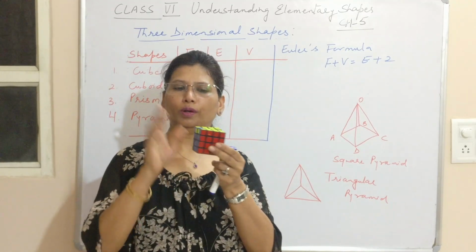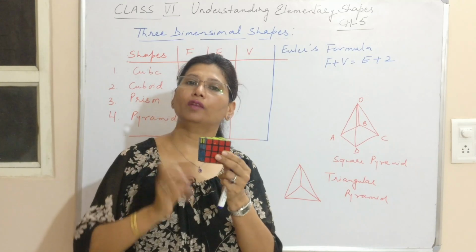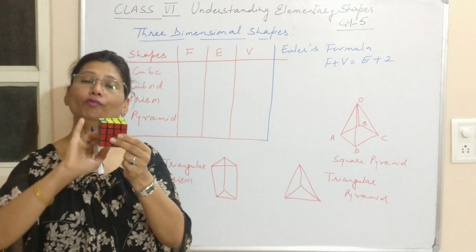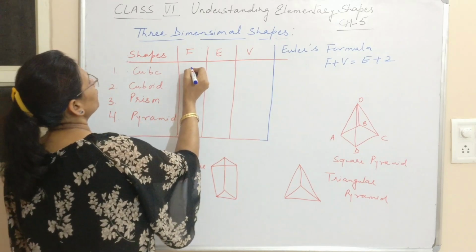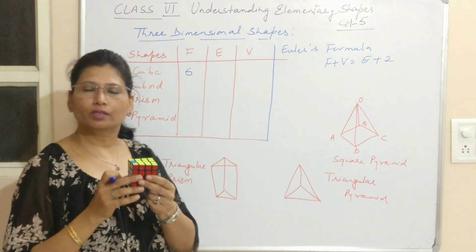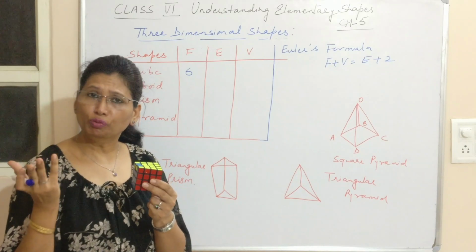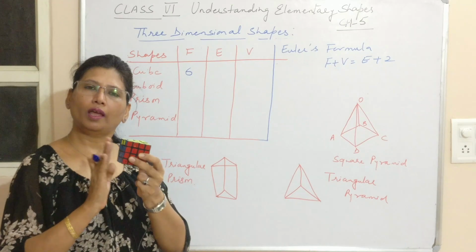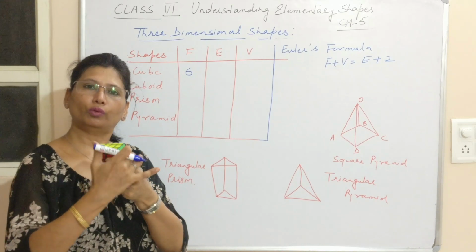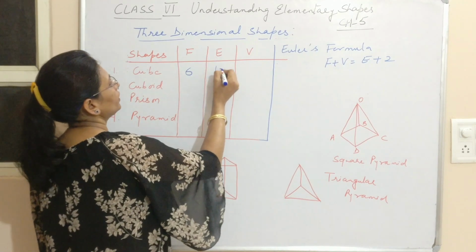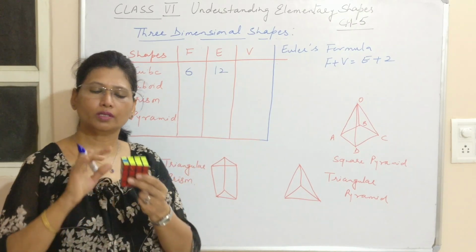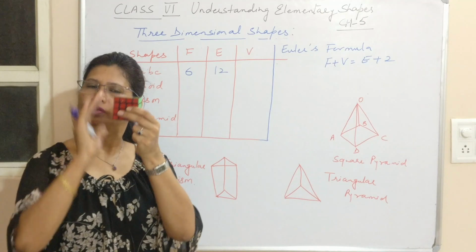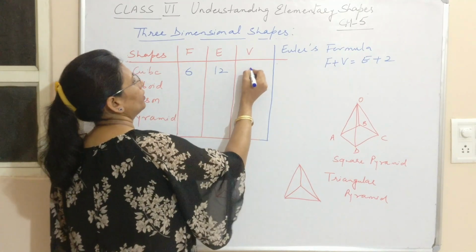Like I explained to you about the Rubik's cube. So in the Rubik's cube, how many faces do we have? We have 6 faces. 1, 2, 3, 4, 5 and 6. What about the edges? For the edges you can think of the room also. So we have 4 edges up, 4 edges down, and these are 1, 2, 3, 4. That is, we have 12 edges in total. What about the vertices? Vertices means the corners. 1, 2, 3, 4. 4 up, 4 down. So we have 8 vertices.